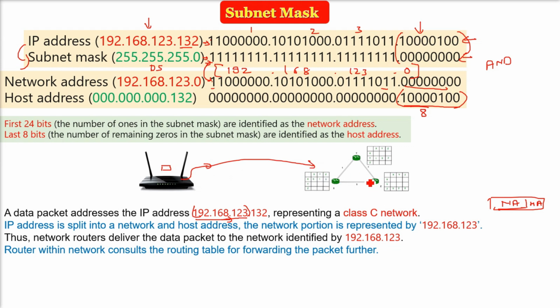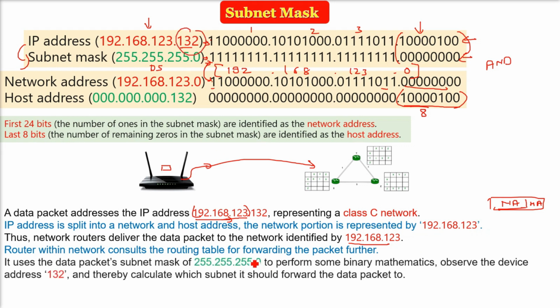Now in this network we have another router. That router will go to the routing table. It will ask where to forward this packet further. How is it going to give it further? Here comes the subnet mask. So it will use the data packet's subnet mask, which is